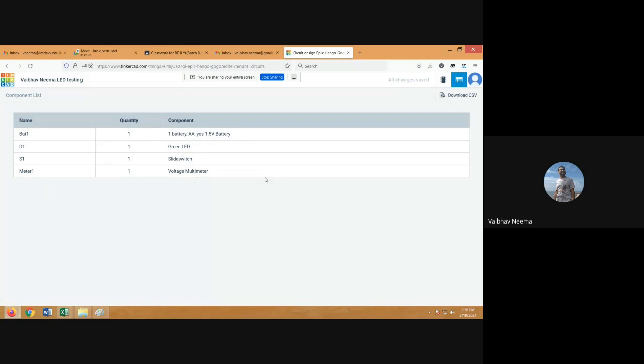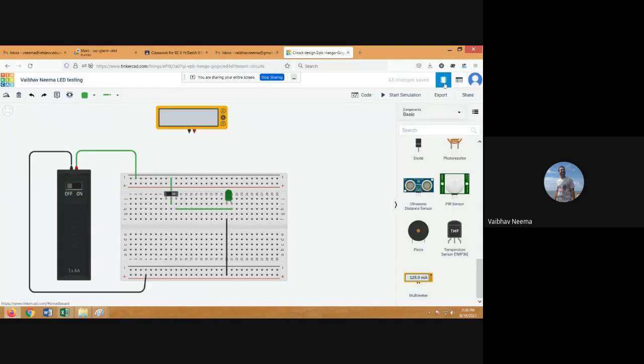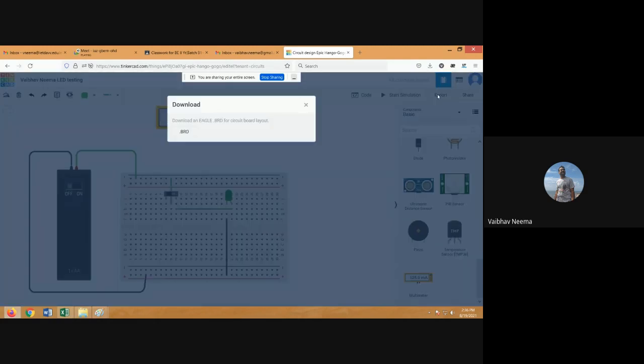You can export this to the Eagle .brd file extension, which is generally used to design the PCB. So once you have tested your circuit, you can design that circuit onto the PCB with the help of this.